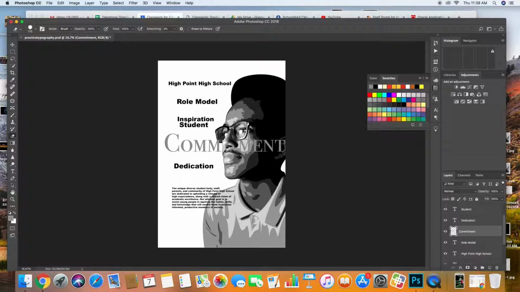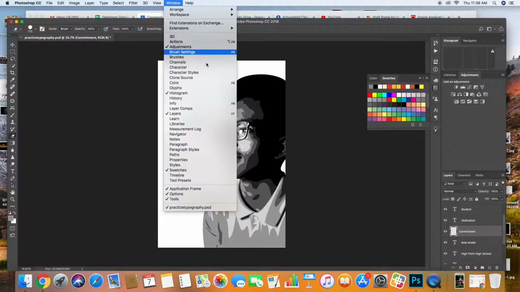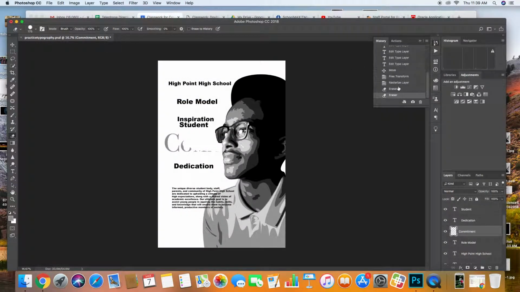The only reason why you don't want to do it this way is because if you end up messing up and you erase too much of it, you can't really do anything about it. I mean, obviously you can go to Windows and History. This is a way of undoing mistakes if you messed up on it. But if you mess up on it several times, eventually you're going to run out of how many times you can undo. So my suggestion though is,